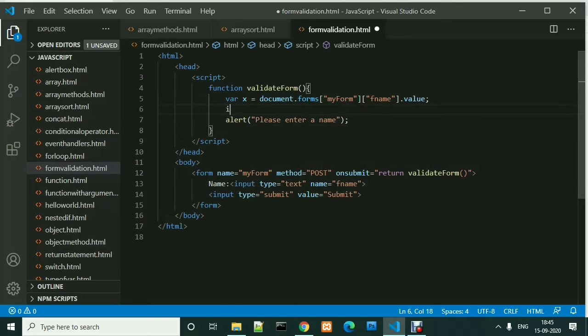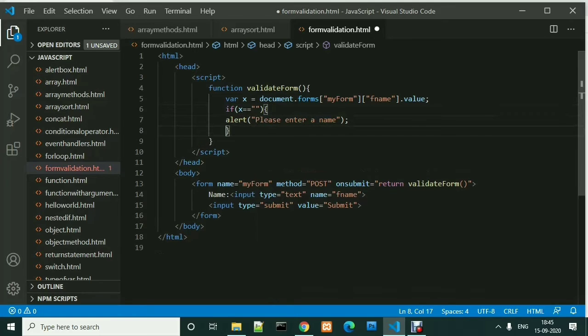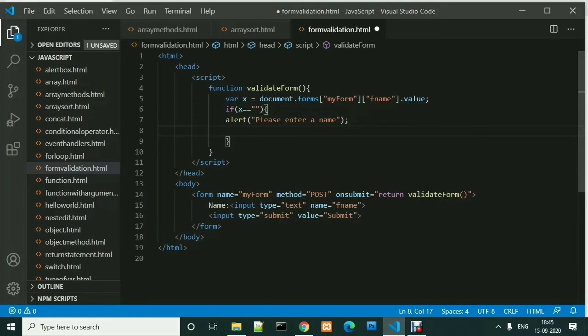Now we just check whether the value in x is empty or not. For that we create an if block, and in this if block it will alert the message please enter a name if x is empty, and it will also return false. So that's all for this code.